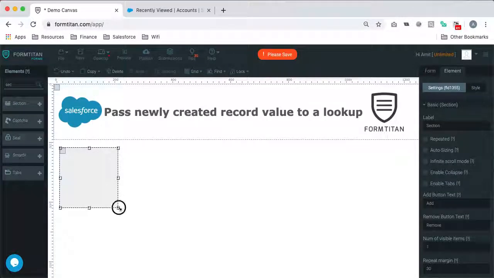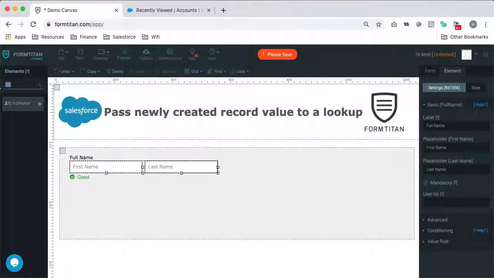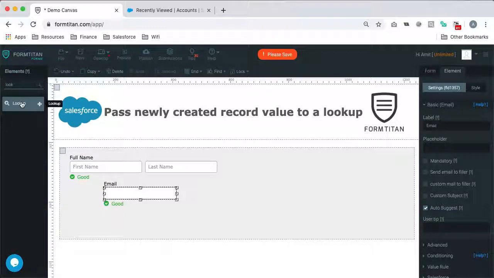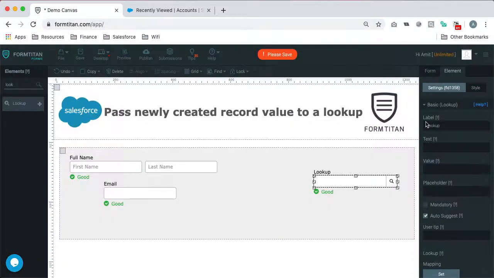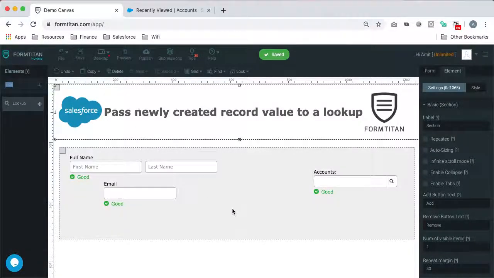First we'll create a section like this, and in the section I'll create a couple of fields, like full name and email, and then another field called a lookup, which we can call, let's say, organization. Actually, I'm going to keep it simple. I'll just call it accounts, for the sake of Salesforce terminology. Once I've called it accounts, I'll show you how this use case might fit for you. Let me just get the submit button,